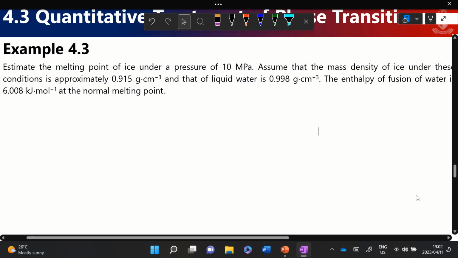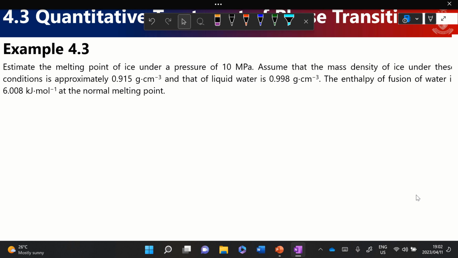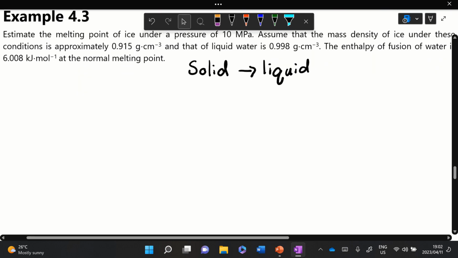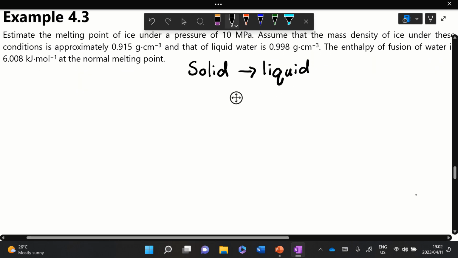Alright, so in this example, we're asked to estimate the melting point of ice under a given pressure, and we're given some assumptions that we can make, and some data. The main thing you need to realize here is that we're dealing with a change of a solid to a liquid. And whenever we're dealing with this change, then the equation that we need to use is